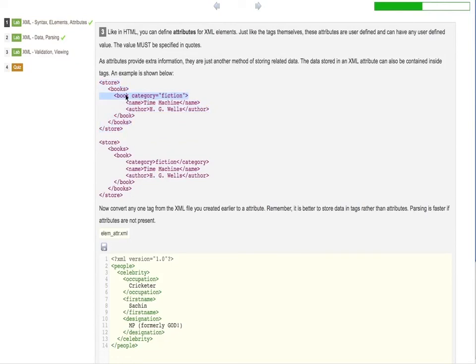So here in the tag book, we've added an attribute category and assigned it a value fiction, right? Now, both these examples, the one on top and the one below, are equivalent. So what you will need to do now is change the description you have created for Sachin and include one or more